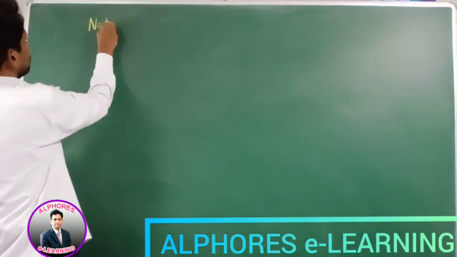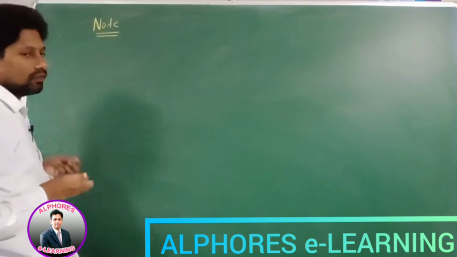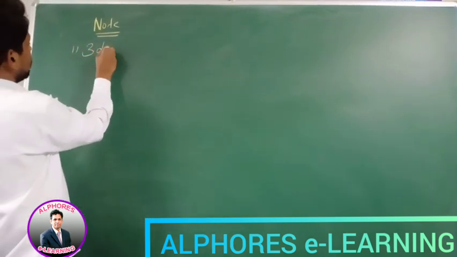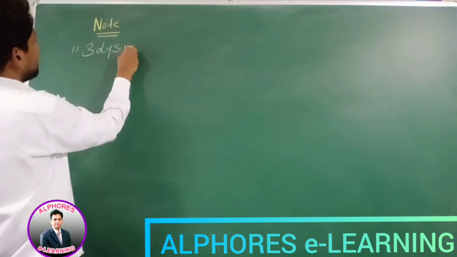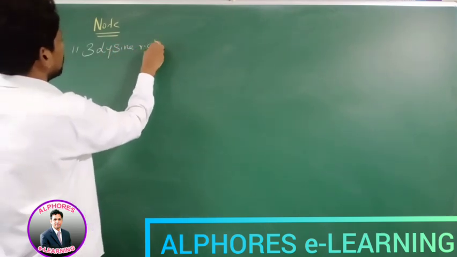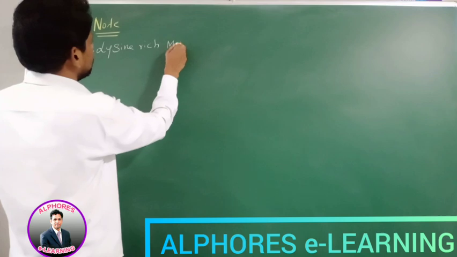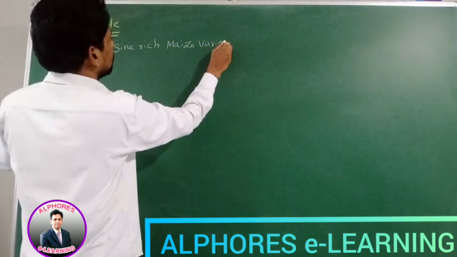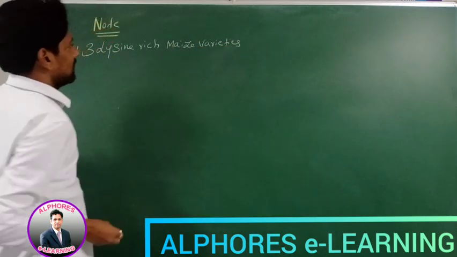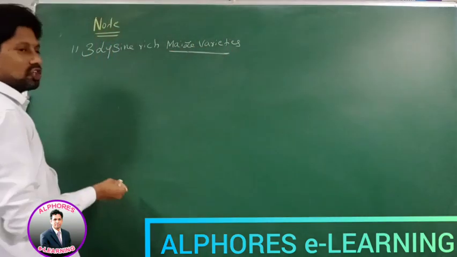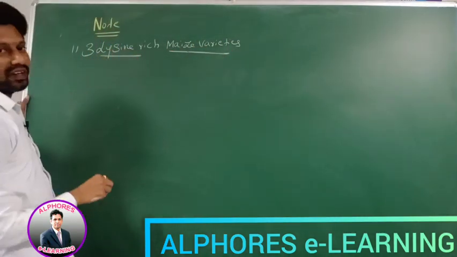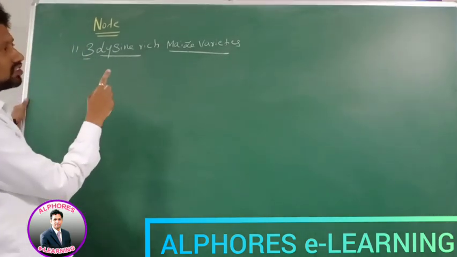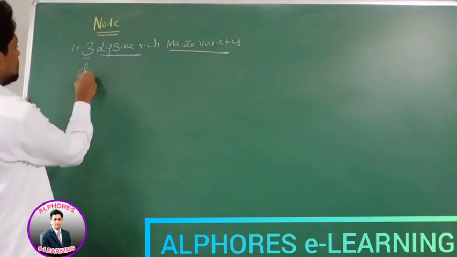Note. Number 1. Three lysine-rich maize varieties. Which varieties? Maize varieties. Rich in what? Lysine. How many varieties are we discussing? Three varieties. Three lysine-rich maize varieties are developed